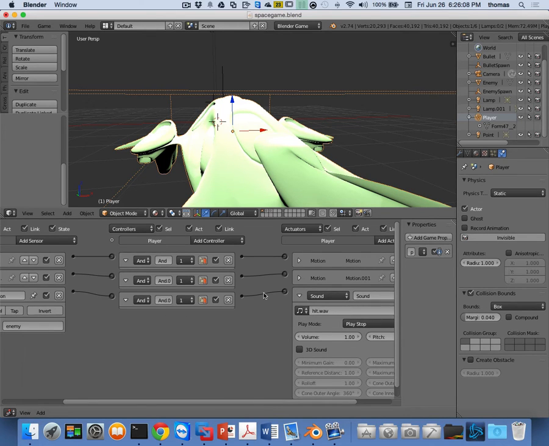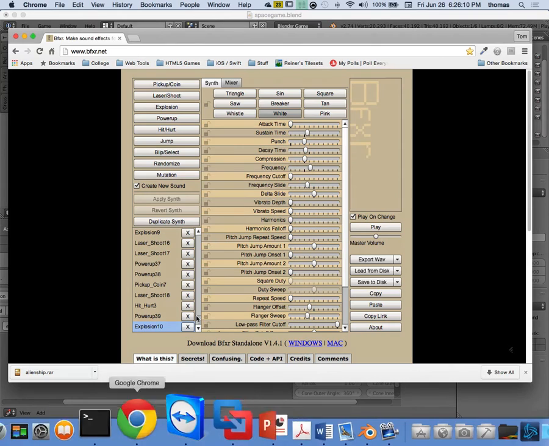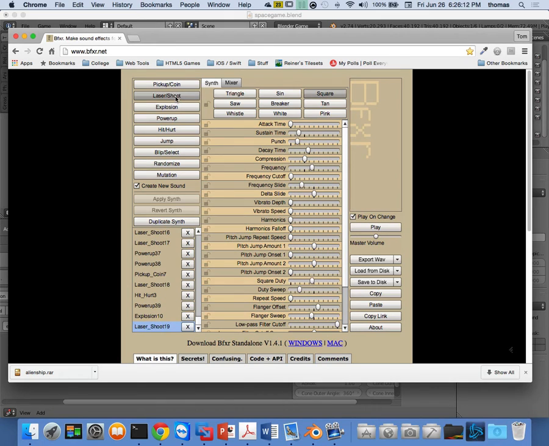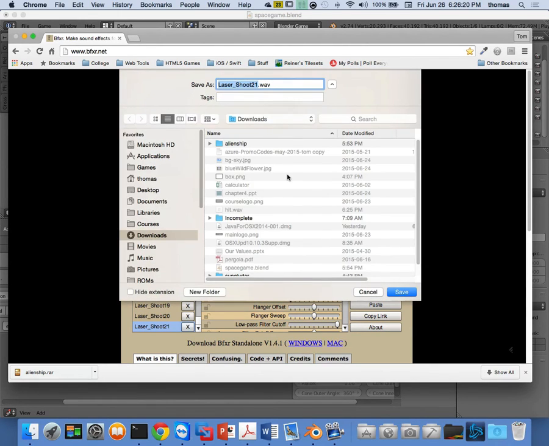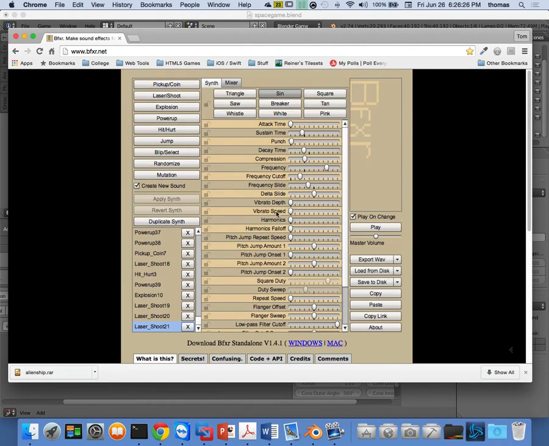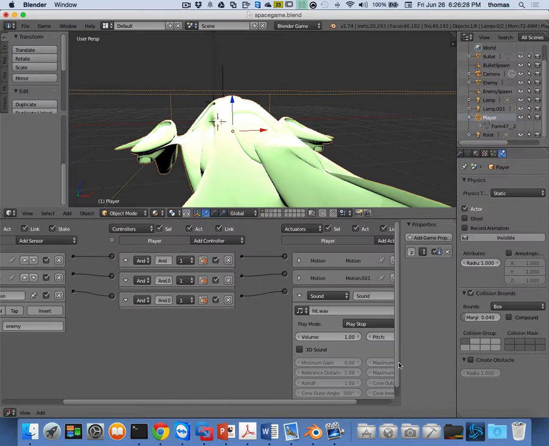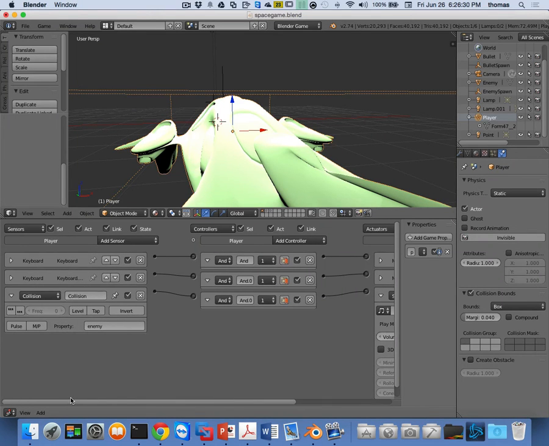The other way to test this thing is to make another sound really quickly. I'm going to make a laser shot. There we go. That's my laser shot. I made that with bfxr.net. Export my wave file. So we'll say laser shoot. Call this the shoot wave. Save. That's good. And now every time I fire, I click my left mouse button, which is not here, it's under my